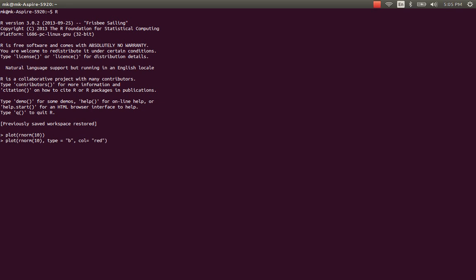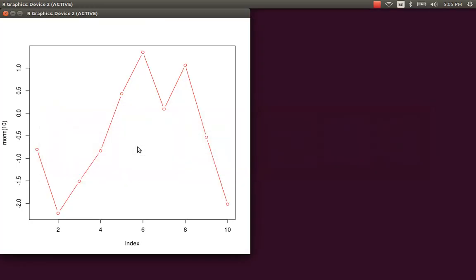So it simply means plot 10 random points from normal distribution, and the type of the plot must be both, which means both points and lines, and the color of the graph needs to be red. So press enter. Now let's go back and see. Now this is red. I have both points and lines. Okay, this is how we can start our console in Ubuntu and start writing the functions, codes,